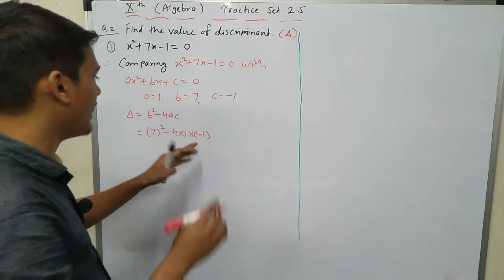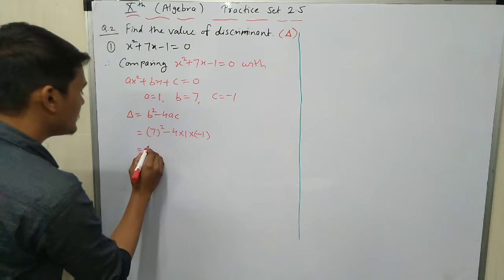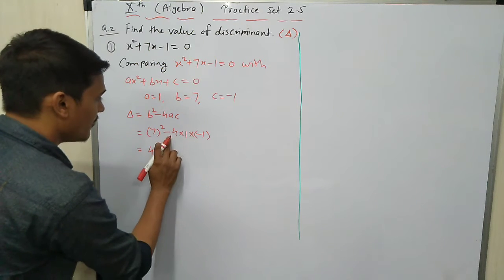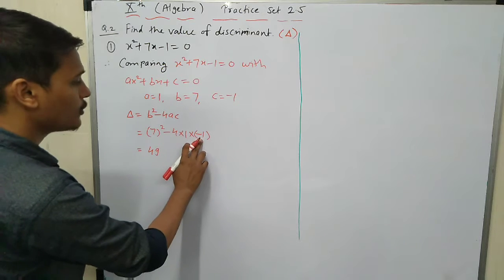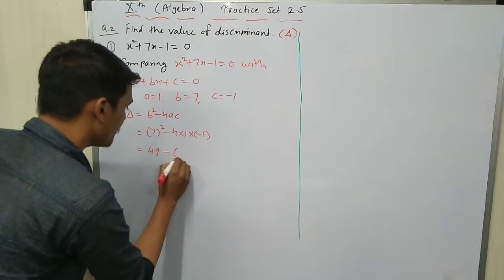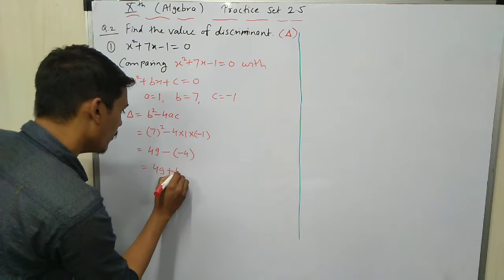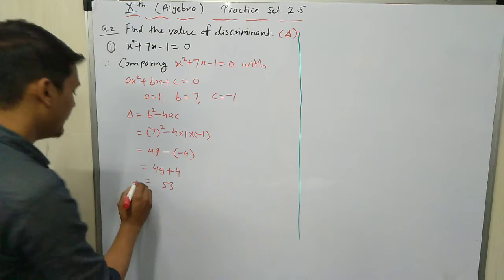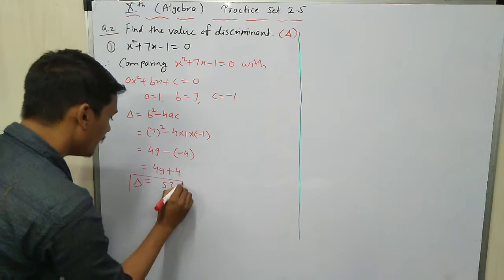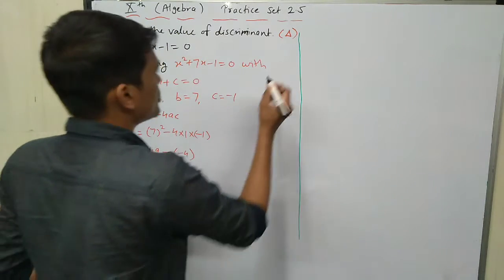The minus value you can write down in brackets. 7 square is 49. 4 into 1 is 4. 4 into -1 is -4. There is 49 plus 4 is equal to what? 53. The delta is equal to 53. Understood? Now second